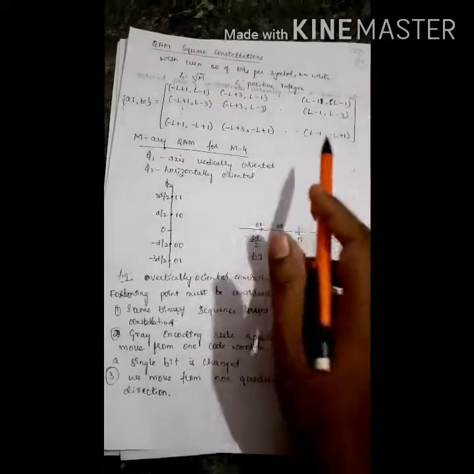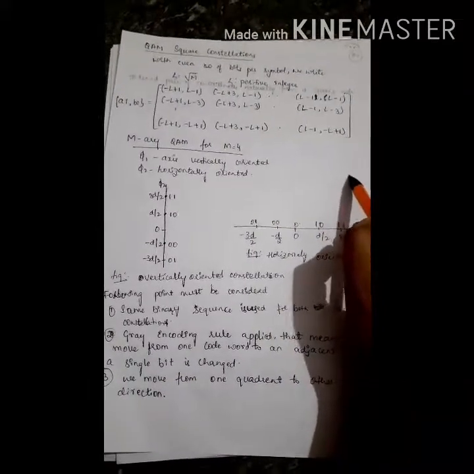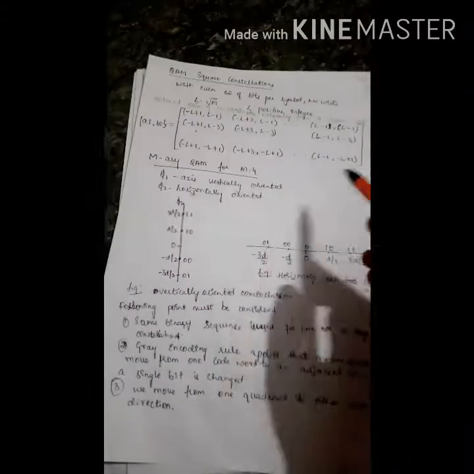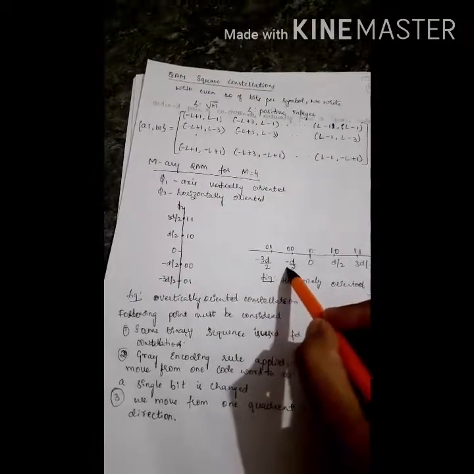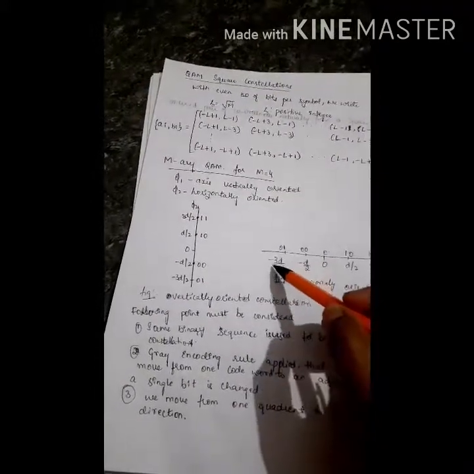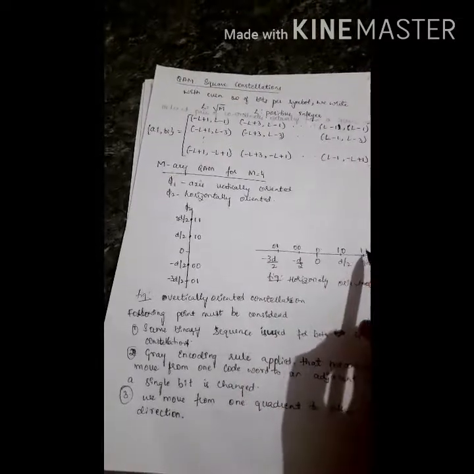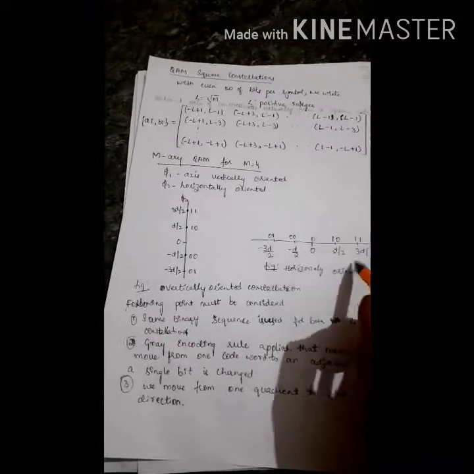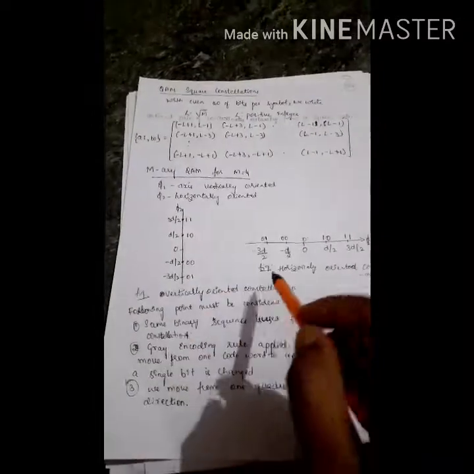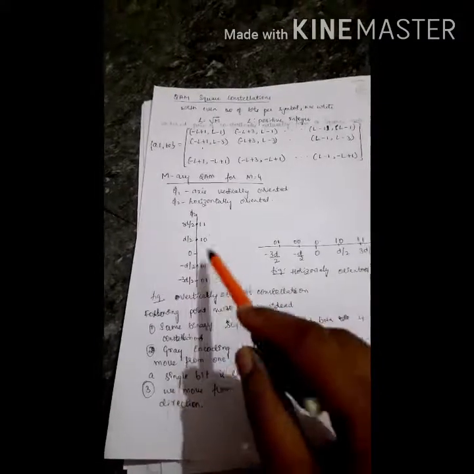Because M is equal to 4, there are only 4 possible combinations, that is 0 0, 0 1, 1 0 and 1 1. For 0 0 the value will be minus d by 2, for 0 1 the value will be minus 3d by 2, for 1 0 it is d by 2, and for 1 1 it is 3d by 2. And next, consider this horizontal one as phi 1, where the vertical one we can call phi 2,